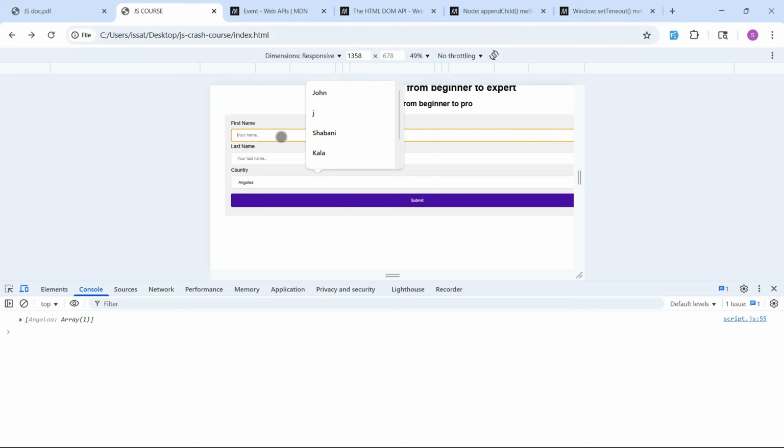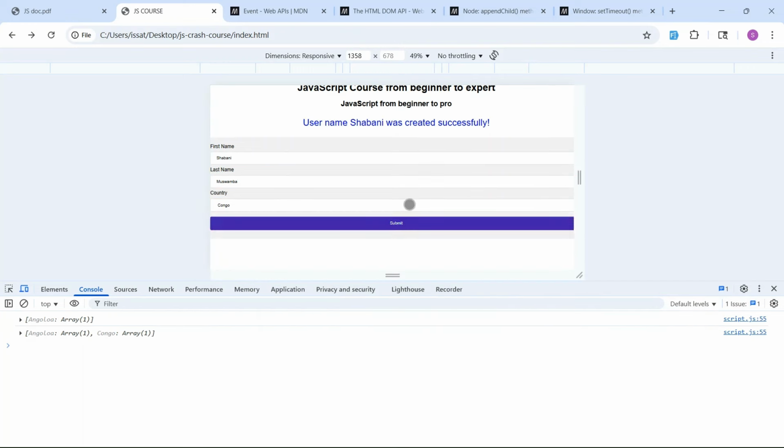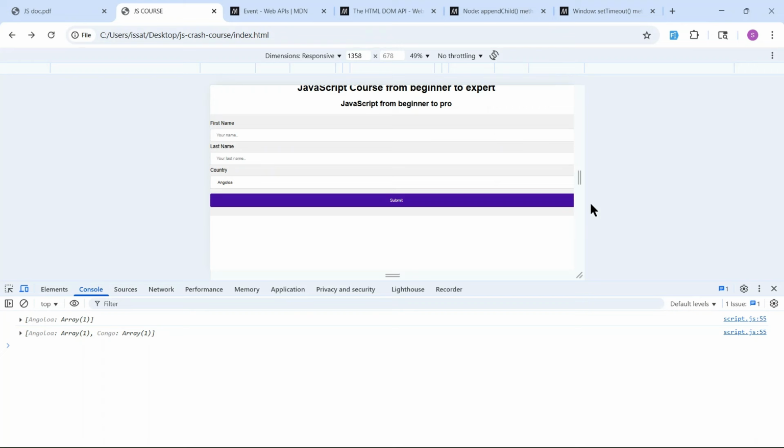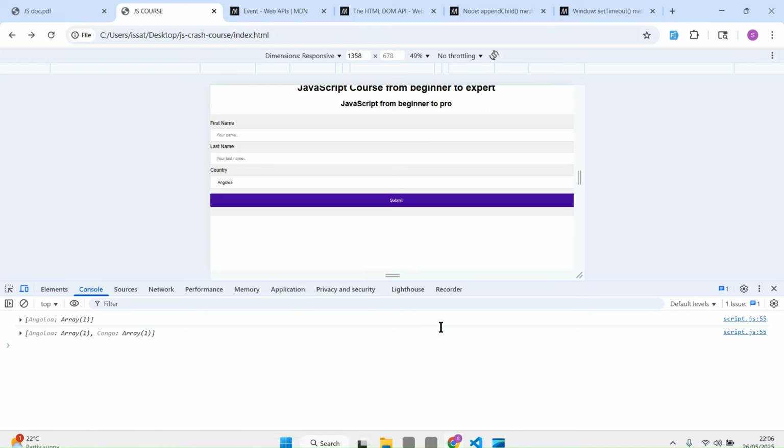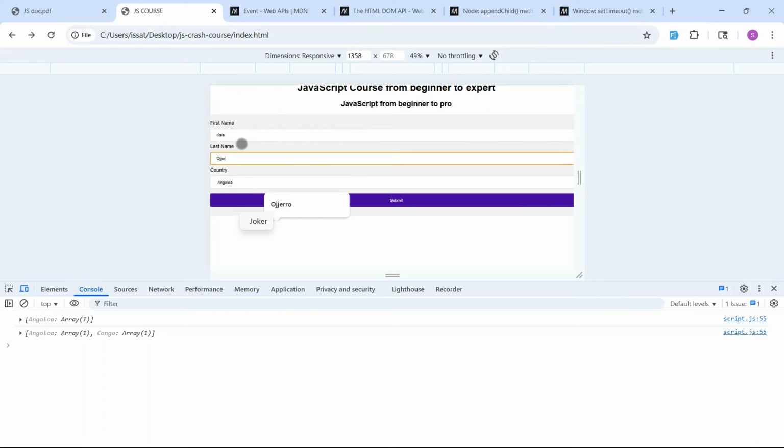So if I put again, let's say Shabani, another one Muswamba, and then the country, let's say Congo, and then if I save, now the message was cleared successfully, and then the input also. We can put another one. Let's say, for example, Carla Ojero, and then put a country. Let's leave the country like that. If I save again,